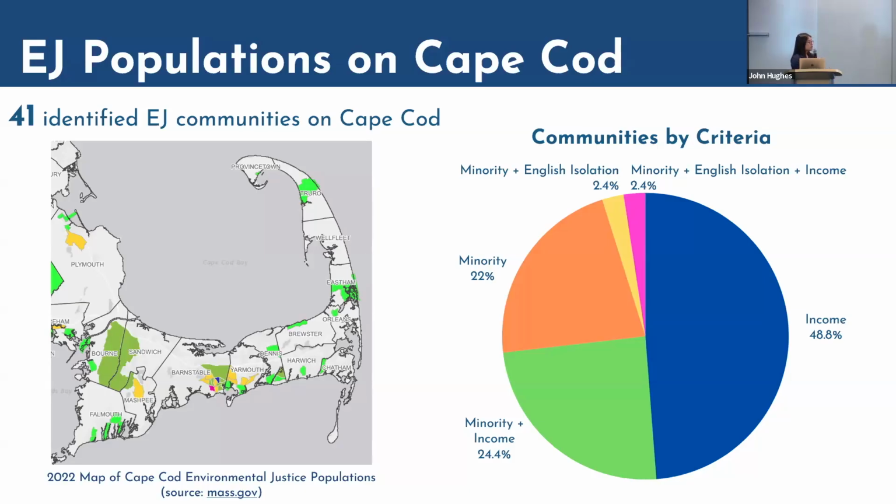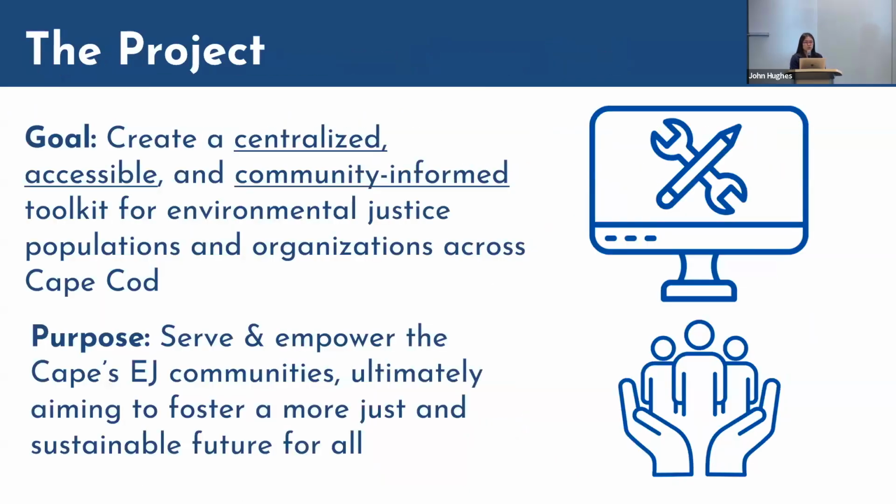And then there's one community in Barnstable that met the criteria for their minority population and English isolation levels. And then there's also one in Barnstable that met the criteria for all three. And so this is thousands of people that are classified as environmental justice populations. And so I think these people should definitely have access to targeted and centralized resources, which brings me to my